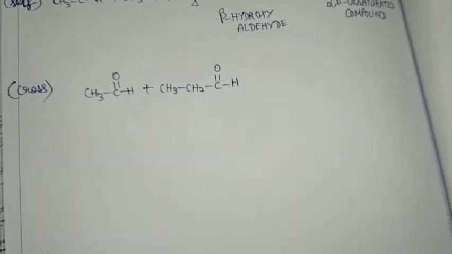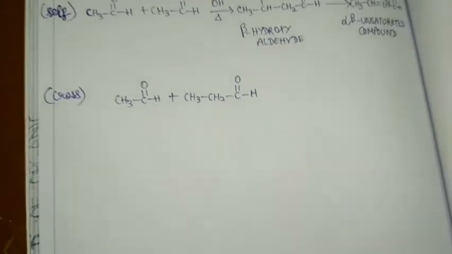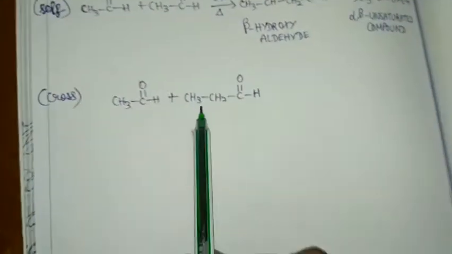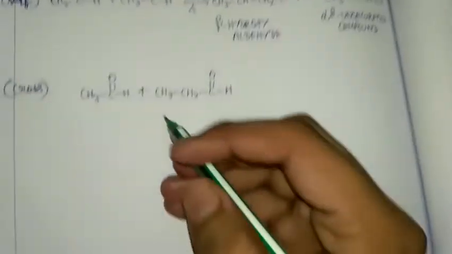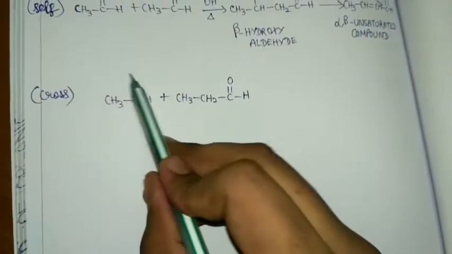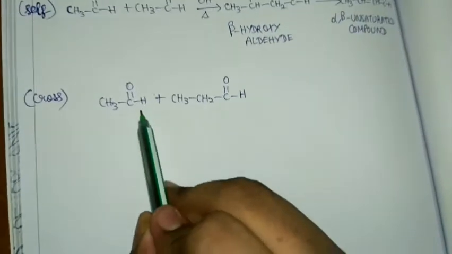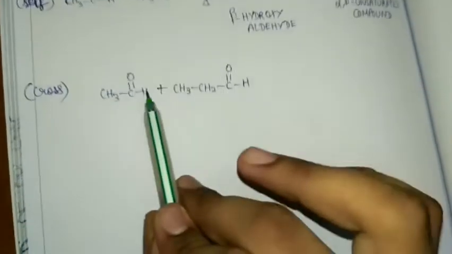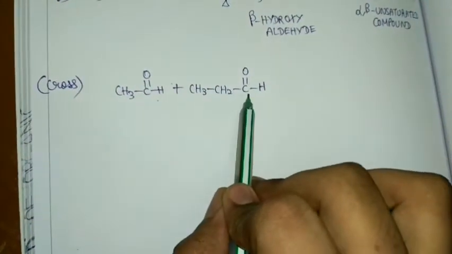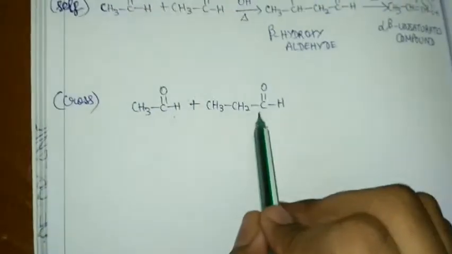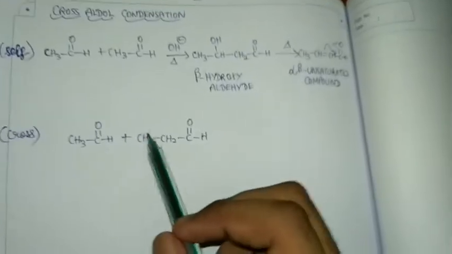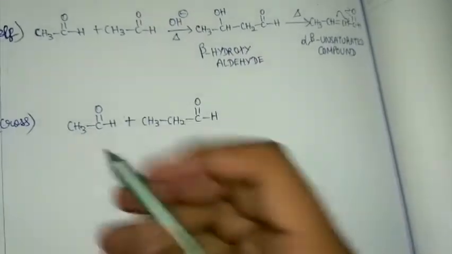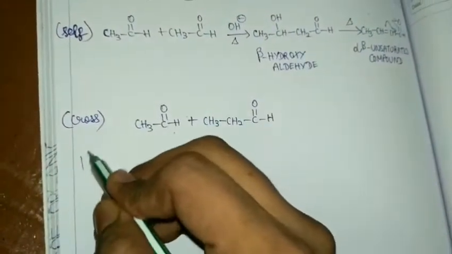First I would say what all products will be formed. Do you remember the mechanism of aldol condensation which I said in the previous video? A molecule which is reacting will form an enolate ion. That enolate ion attacks the carbonyl carbon of the other molecule to form a beta hydroxy aldehyde, right? So basically, what will happen here? We will take the same process.